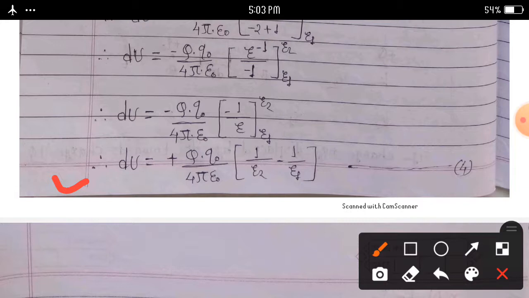Then for a 1 mark question, state the formula for work done against the electrostatic force